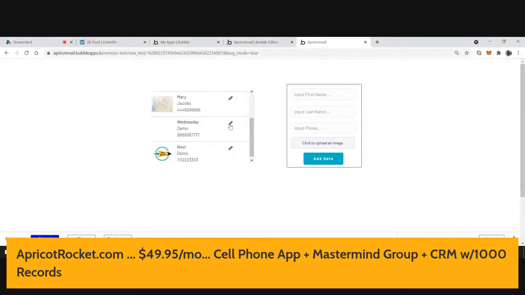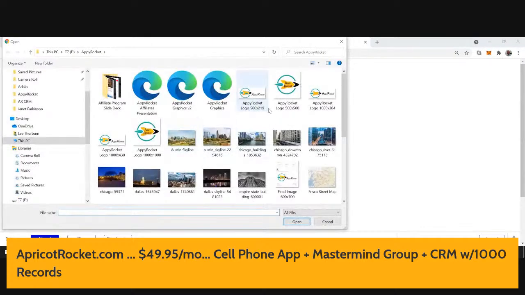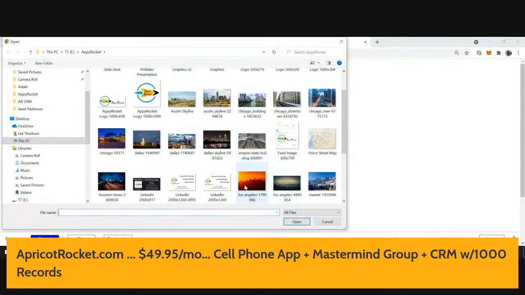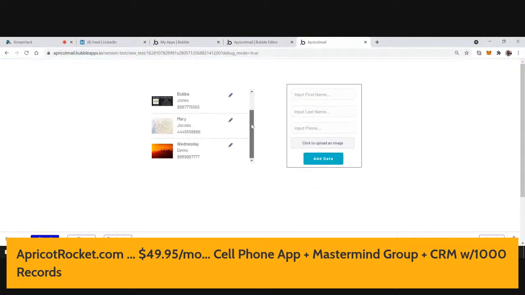And then we can go in and click on this, and we can come over and we can edit the record. And I'll go ahead and add something. I don't know. Let's try this photo, see how big that is. And wait till it loads. Maybe I clicked it too soon. Now it should be loaded. I'll click update. And now we come over and yeah, there we go. I didn't wait for it to upload the last time. That's why we had that little problem.